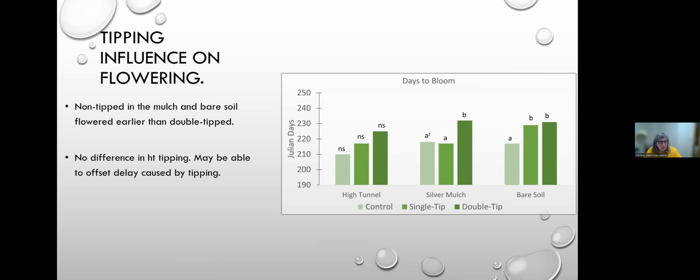With the bare soil, either of those tipping methods delayed flowering. And in North Dakota, that was really terrible because we already have one of the shortest growing seasons for any of the states. And so you're really almost eliminating all of your fruiting. So looking at that, it's very promising that we could maybe offset some delay in flowering by tipping and thus getting more fruit. However,